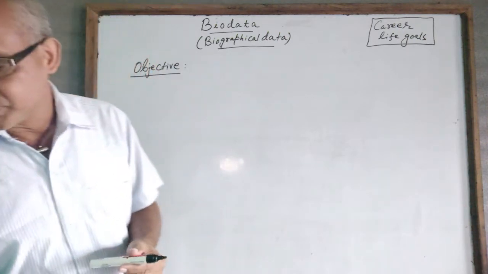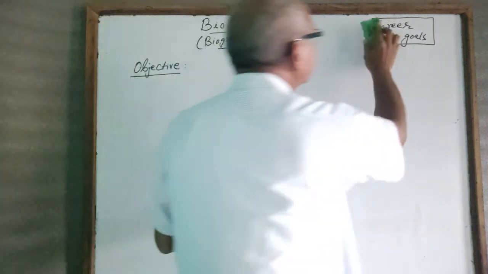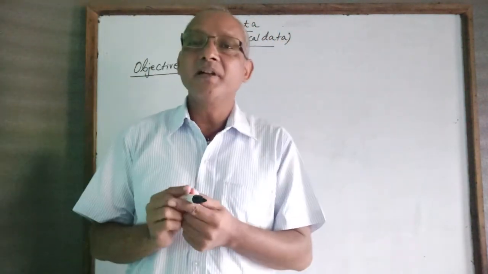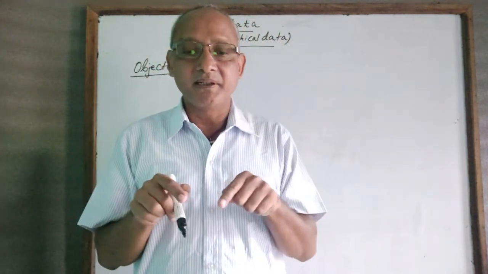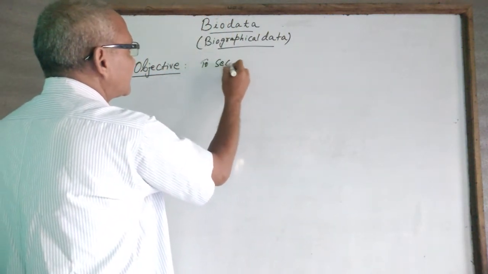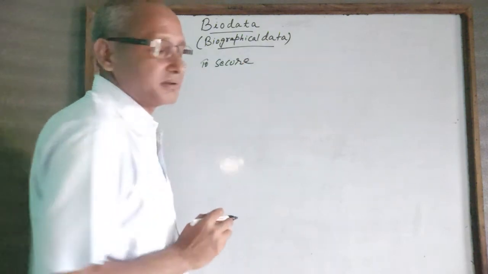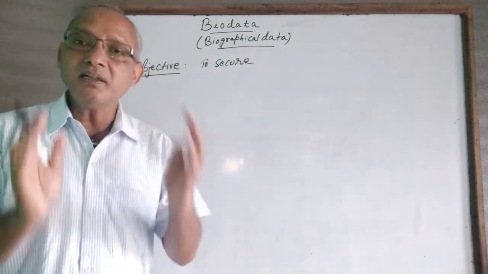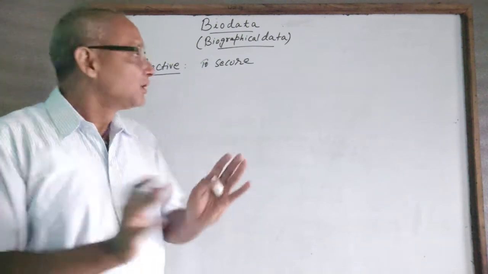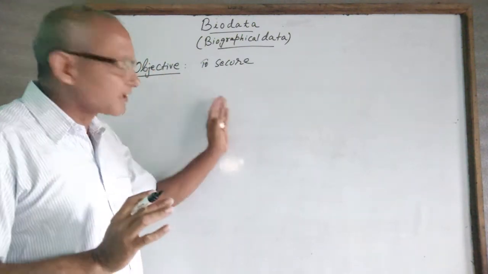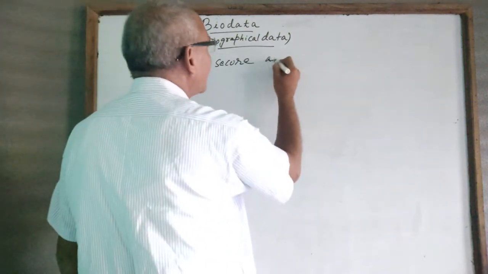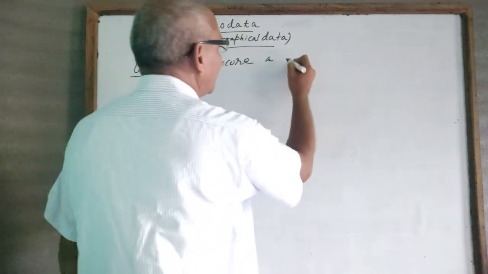So, for an example, let's write something here. In regards to your career objective, it could be: to secure. Now, this is just an example. You can write it in any other way. There is no limitation, no bar against the way you present here. So this is just one example I'm saying here. To secure a, why are you applying for that job? To secure a